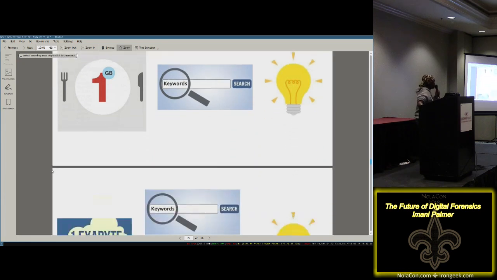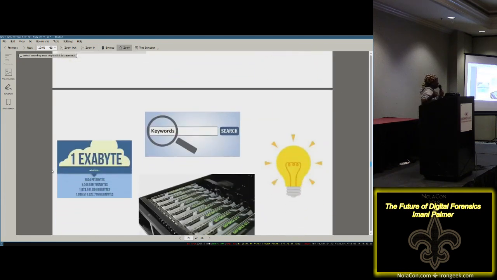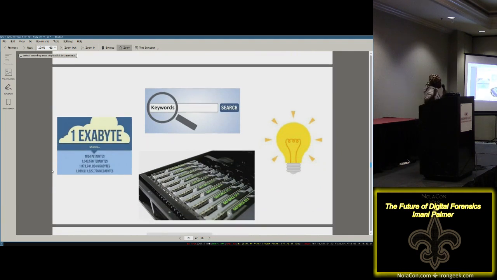But as you guys know, we're starting to move, okay, maybe not to exabytes. I'm probably being a little bit exaggeratory here, but we're looking at so much data that belongs to one person. Maybe closer to a terabyte. I think almost everybody is trying to at least get a terabyte on their laptops nowadays. I would die to have a terabyte for my phone just because it'd be awesome, right? Just give me a terabyte for my phone. Not the cloud, just on my phone. But how do we search through data with all that?